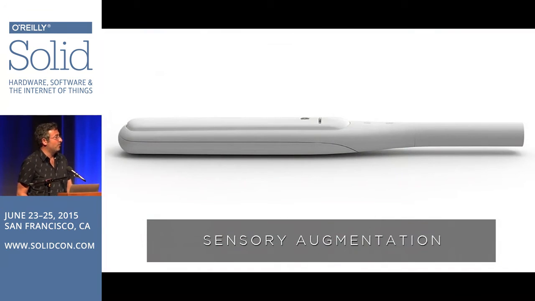So the first is sensory augmentation, and that's a haptic cane, a force feedback cane for blind people, which essentially uses vibrations to tell you what a room looks like or feels like. So someone who's blind can actually go into a room they've never been in before and walk across it completely confidently. The cane will tell them where tables and chairs are. That kind of vibrational sensory effect on the body is going to be really interesting. And we've done some experiments with it, which I'll show later.